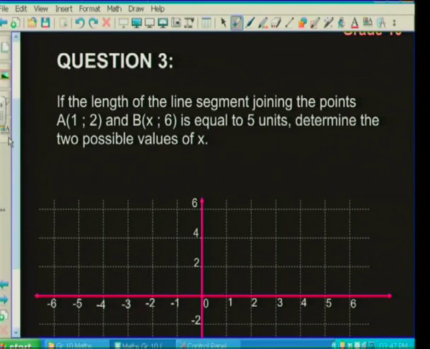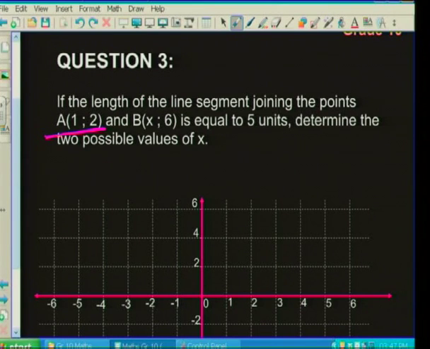Okay, remember, there's a couple of things that we can do. We can either give you the 2 coordinates and tell you to calculate the distance. That's pretty straightforward. Or perhaps we can give you the distance and ask you to calculate something in the coordinates. Now, the next question is a question such as that one. Let's have a look. If the length of the line segment joining the points A, which is x is 1